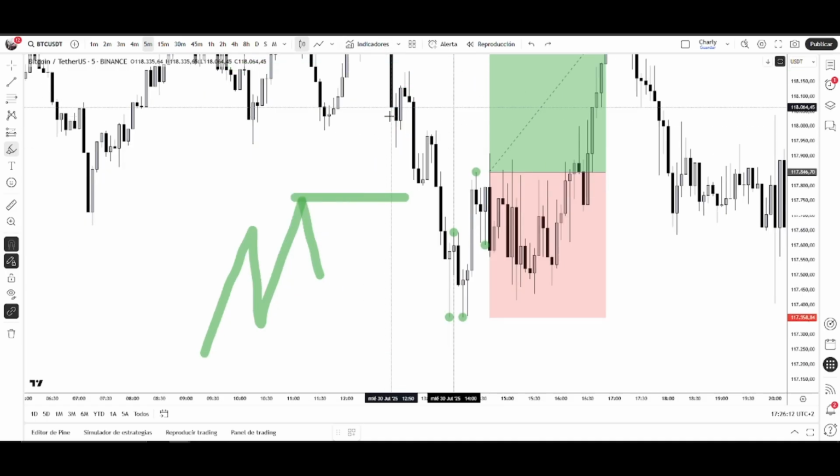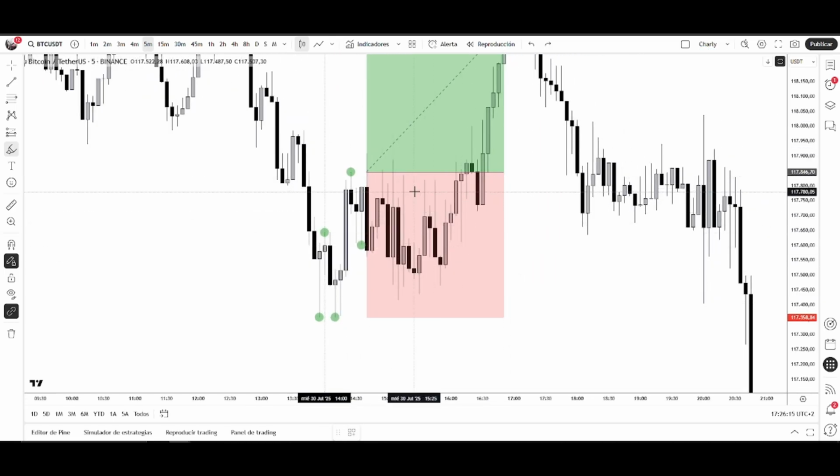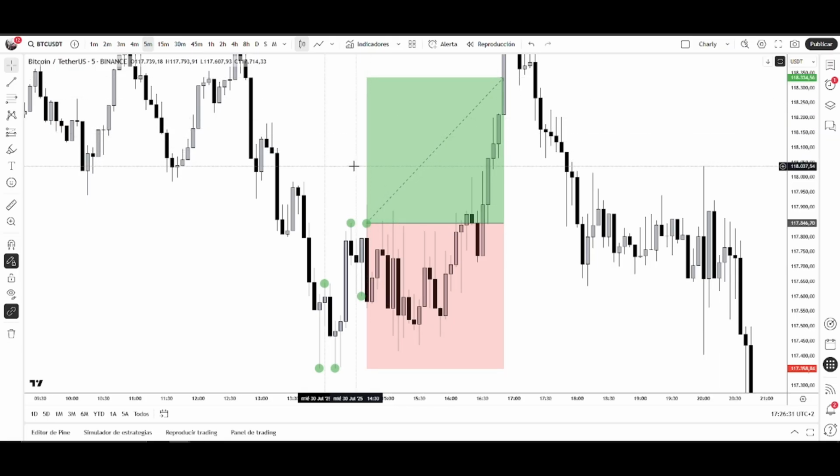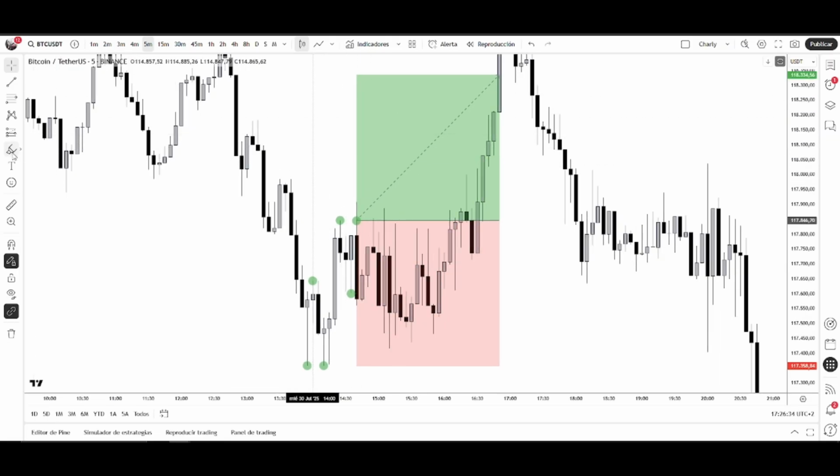As simple as that. Now, like I said, I'm very happy for this setup to be like this and so ugly so you guys can see the reality. Right here, we surpass the second higher high. We create the third impulse, and that's when we assume that market will have enough strength to keep going up and hopefully go to your exit. But in this case, market is not with that strength. It needs a little bit more time, and it starts to consolidate. It breaks the structure to the downside. It accumulates liquidity above highs, takes liquidity below lows, taps demand, accumulates liquidity below lows, and then it skyrockets.